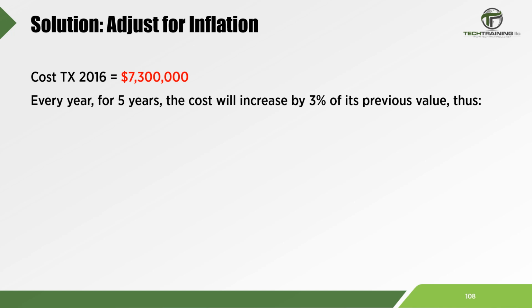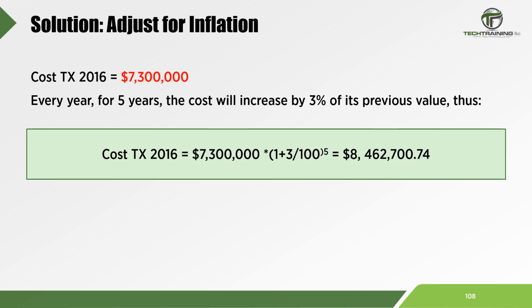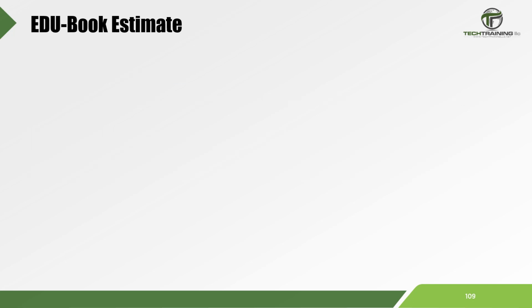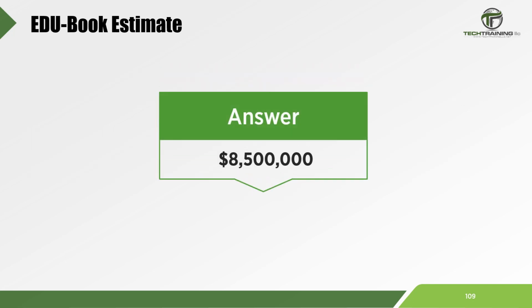But an easier equation is $7,300,000 multiplied by 1 plus 3 over 100 to the power of 5, 5 representing the number of years. And if we do the equation, our total cost for EDU-Books Library in Texas 2021 should be $8,462,700.74. But again, we will round up to $8.5 million. And figuring in the accuracy factor of plus or minus 15%, we would inform EDU-Books the cost may be as high as